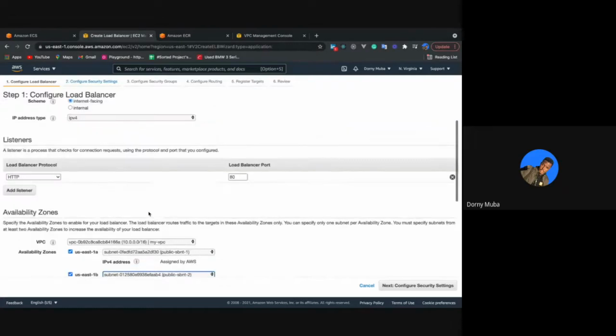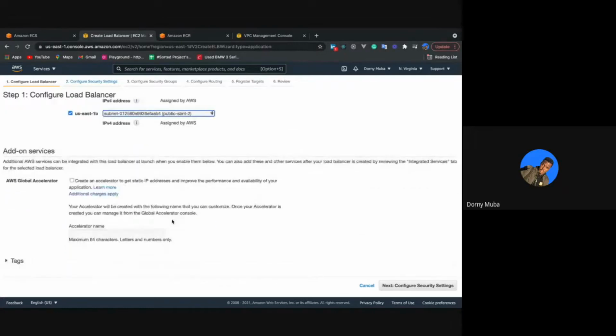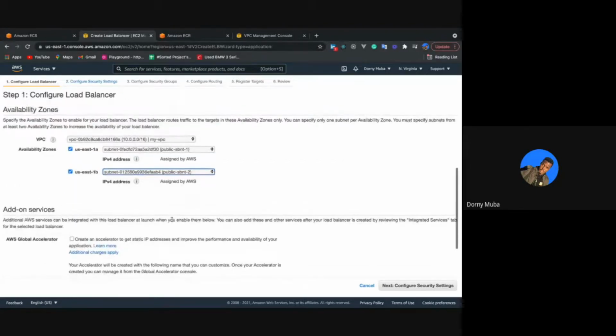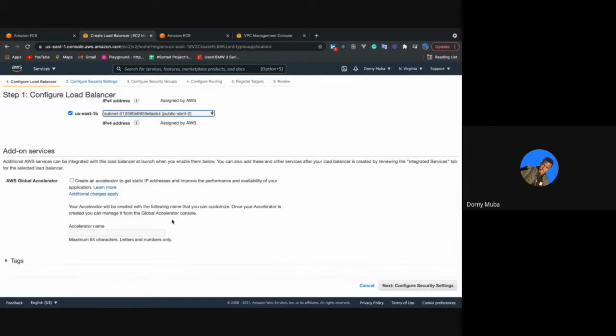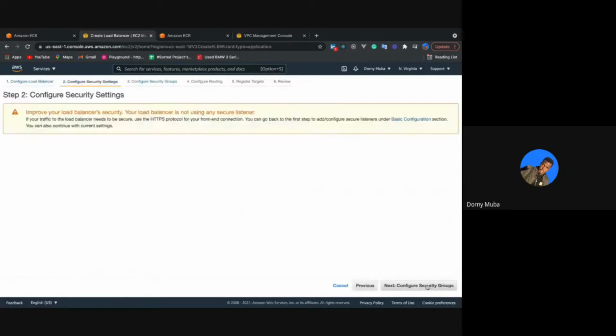To ensure some sort of security, we're just gonna have to do some configurations on the security groups and the network access control list,